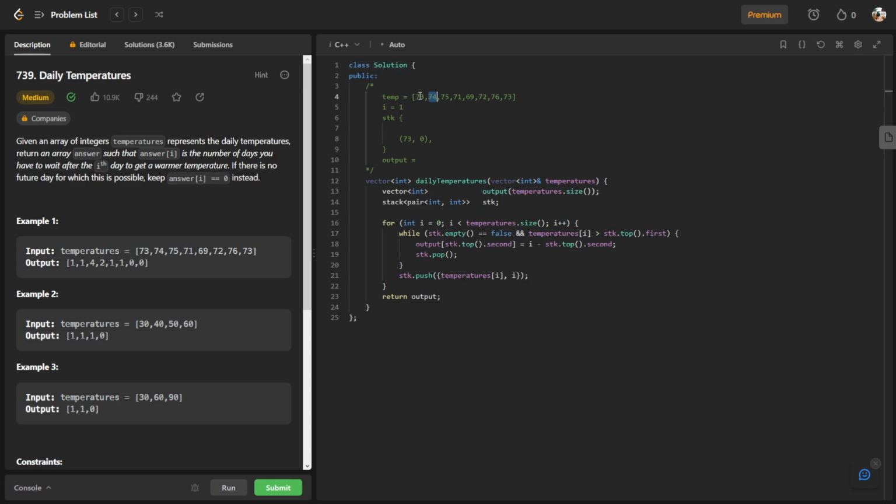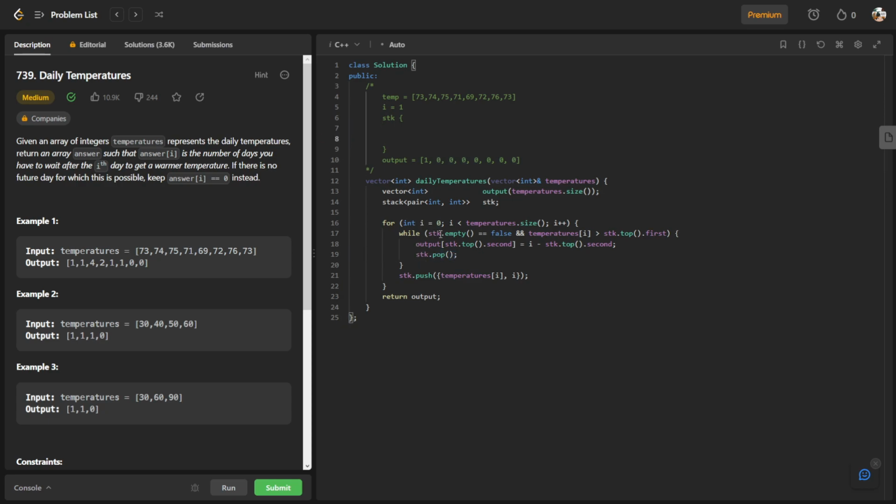Since 74 is more than 73, then our output, which I initialized with the size of the temperatures, so it will have 8 zeros, at the index on top of the stack, which in this case is 0, will equal i, which is 1, minus the top index, which is 0. So 1 minus 0 is 1. Then we pop it,